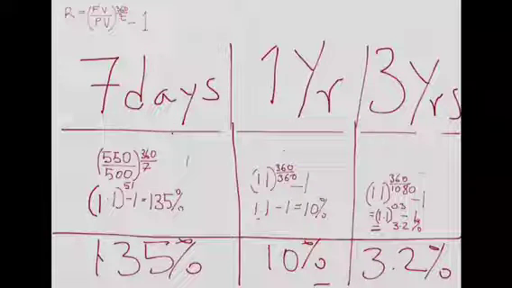So you see, time matters where money is concerned. That's basically showing you that the longer you commit your money, let's say over the 3-year period vis-a-vis the 7-day period, you're really foregoing a lot of return, because now you're going to get only 3.2%, even though the amount in absolute value is still 50. But had you done the same over a 7-day period, you'd have gotten 135%. So time is of the essence. The opportunity cost of tying your money longer gets higher as time goes on than if you do it over a short period of time.